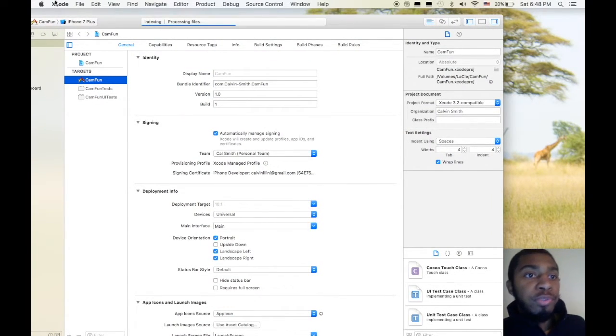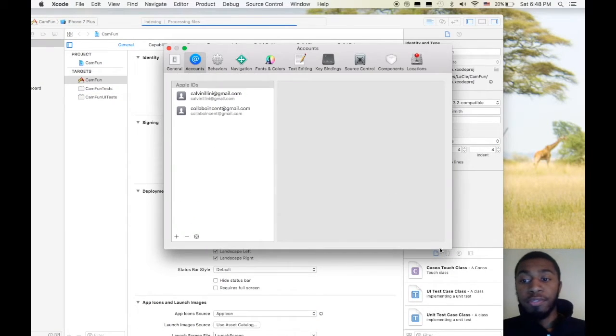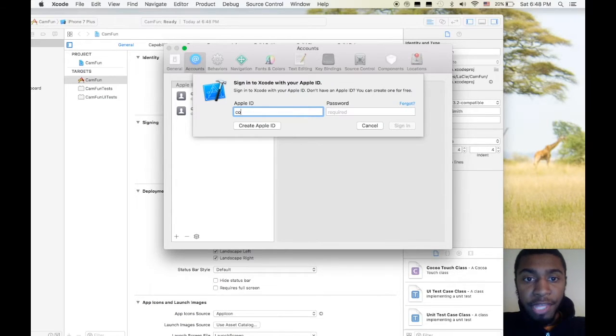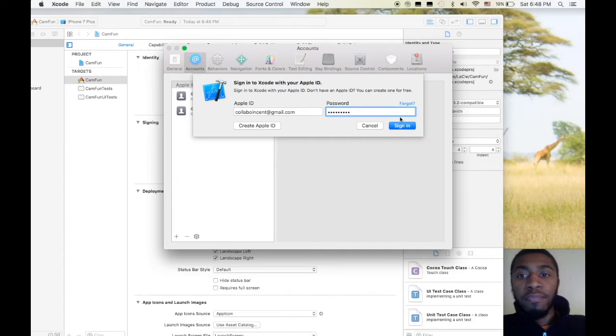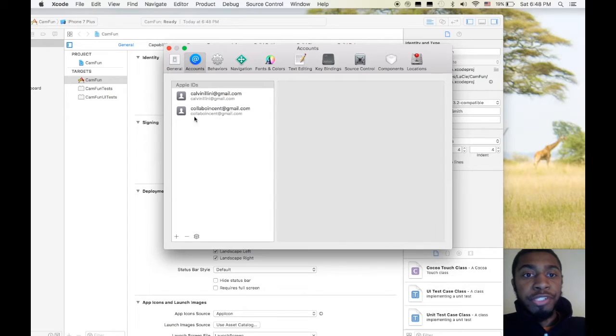And now what we want to do is go into Xcode preferences. And once we're there, we can type in our Apple ID. For me, it's already there. However, what you will want to do is select plus, add Apple ID, and type in the Apple ID that you just created. And also the password for the Apple ID. Once you have that, you can sign in, and it should appear right here under Apple IDs. You can exit out,